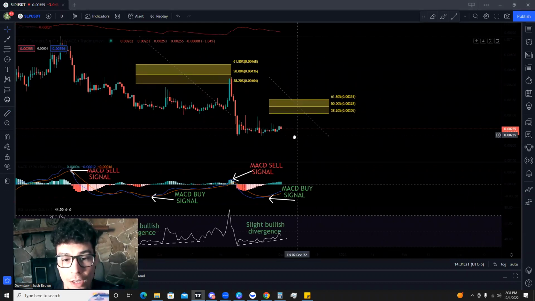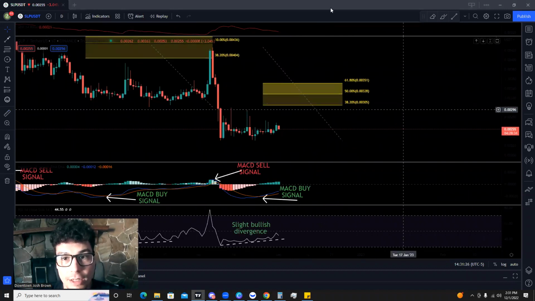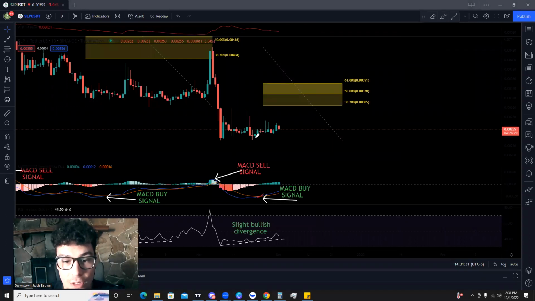What I'm seeing right now at the current price levels is that we did get a little bit of a buy signal. We had the blue line cross above right here, and we've started to go up and creep upwards. We also have a slight bullish divergence again. Notice how we have these equal lows here, and we're basically just remaining flat in that range, but the relative strength index is creeping up. These aren't perfect bullish divergences and they aren't super strong, so that's why it says slight bullish divergence right here. So we have a slight bullish divergence with a MACD buy signal, and we're really just consolidating in this